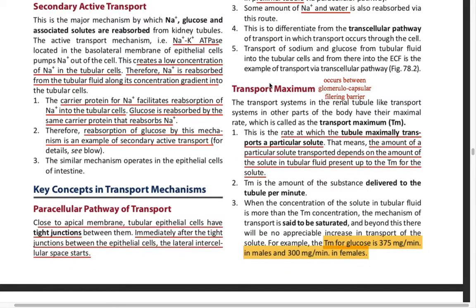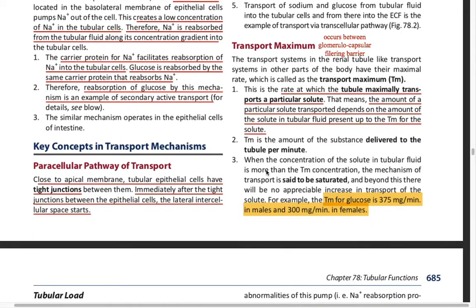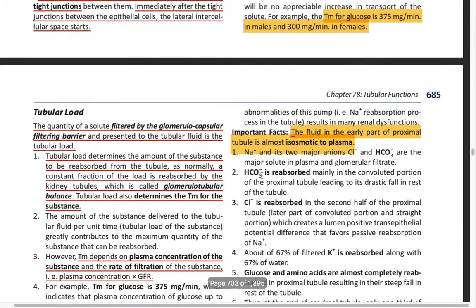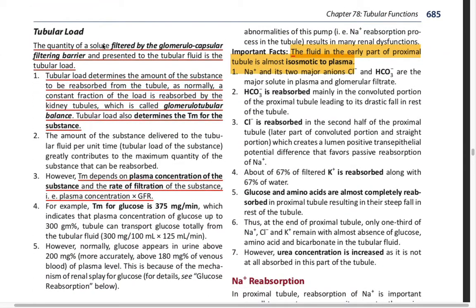Next comes the transport maximum. Transport maximum, or Tm, is the rate at which the tubule maximally transports a particular solute. The amount of a particular solute transported depends upon the amount of the solute in the tubular fluid, up to the transport maximum for the solute. Next, the Tm for glucose is 375 mg per minute in males and 300 milligram per minute in females. Next comes the tubular load. The quantity of the solute filtered by the